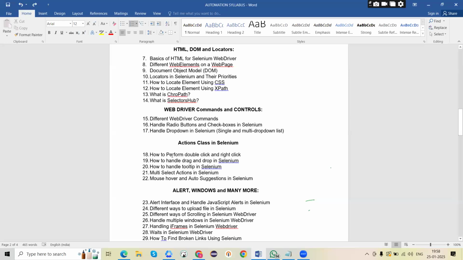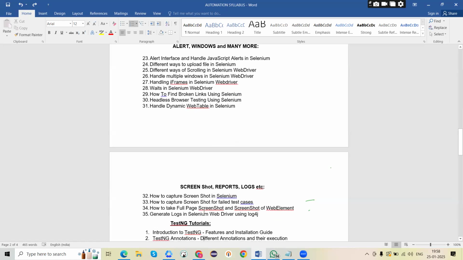And also sometimes we need to copy. Suppose I need to copy that. For that we need Control plus C. How can we use Control plus C with the help of keyboard keys? That also, how we can achieve Control plus C and copy all these things, we will learn.